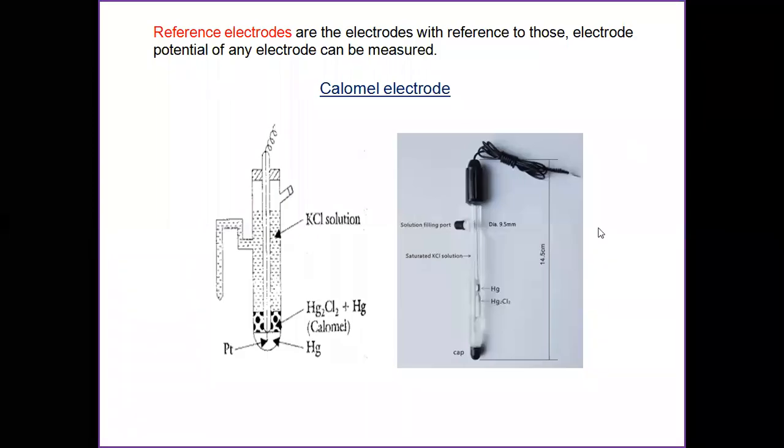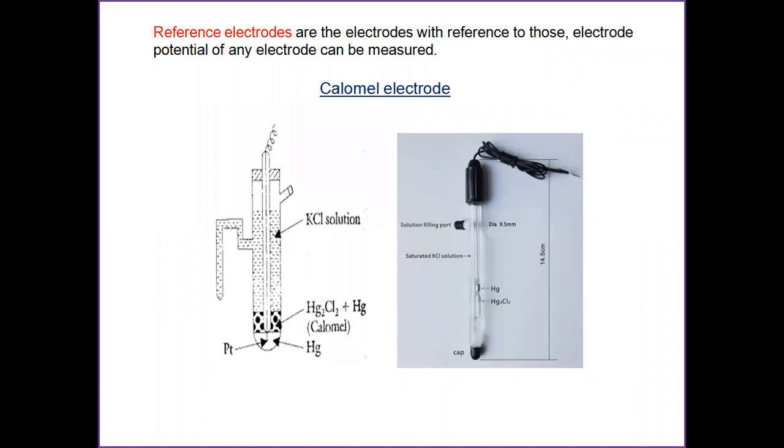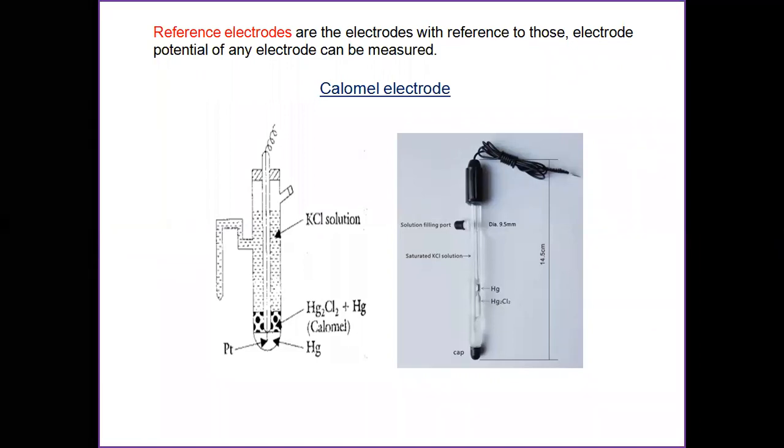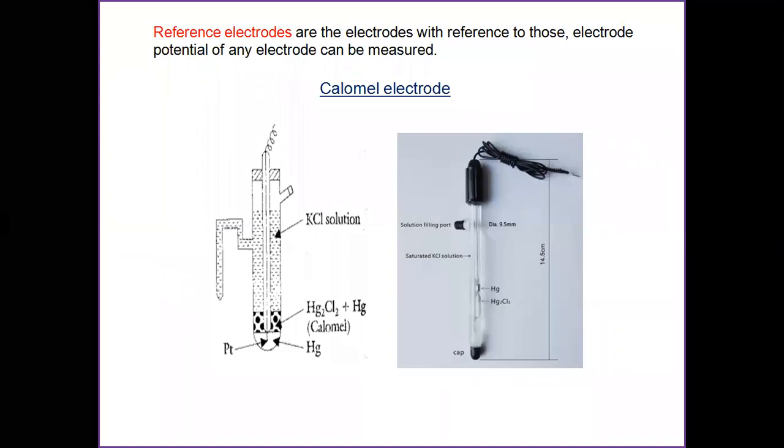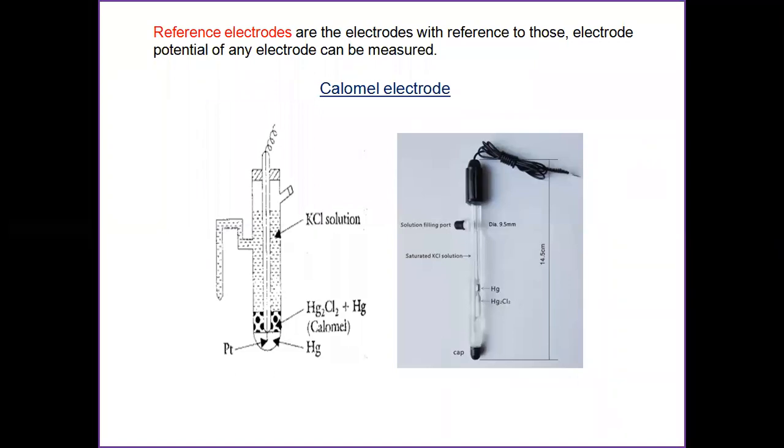In this session, we are going to discuss two important concepts. One is the Calomel electrode and another one is the glass electrode. To start with the Calomel electrode, which comes under the broad heading of reference electrodes. Reference electrodes are the electrodes whose potentials are fixed and known, and these electrodes are used to determine the potential